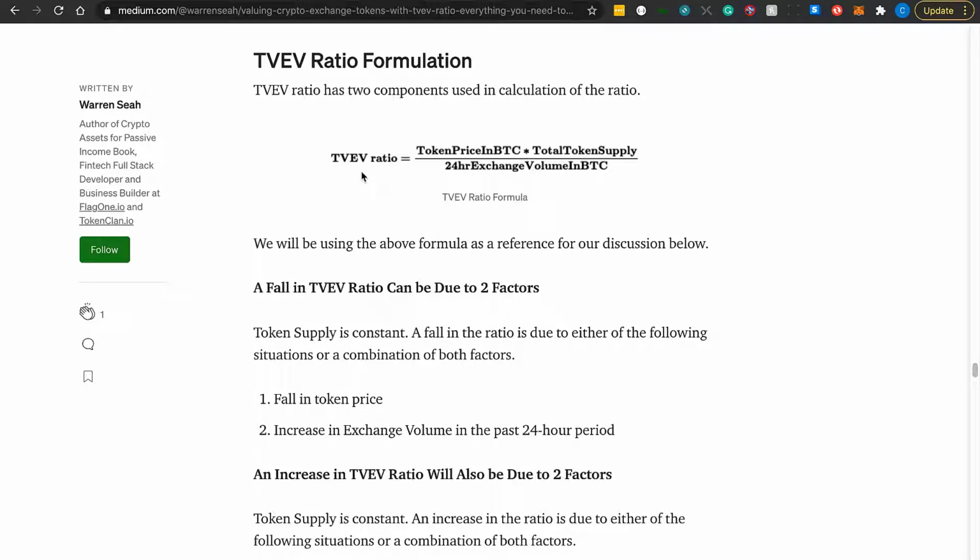This results in a TVEV ratio value rising initially, as investors of the crypto exchange token might not notice the decrease in trading activity or transactional volume for the crypto exchange. Only when they start to notice the data reports of the exchange volume will they start to react to it by building up selling pressure, resulting in the token price falling, which in turn causes the TVEV ratio